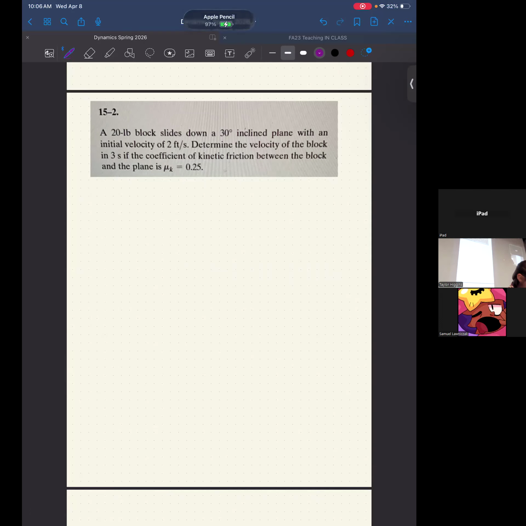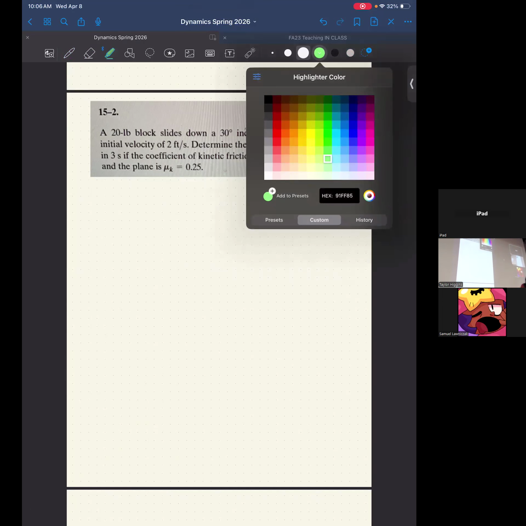But here we have a 20-pound block sliding down a 30-degree inclined plane with an initial velocity of 2 feet per second. Determine the velocity of the block in 3 seconds if the coefficient of kinetic friction between the block and the plane is mu k equals 0.25. And so one of the things that I want to reiterate, I'm not sure if I actually did a good